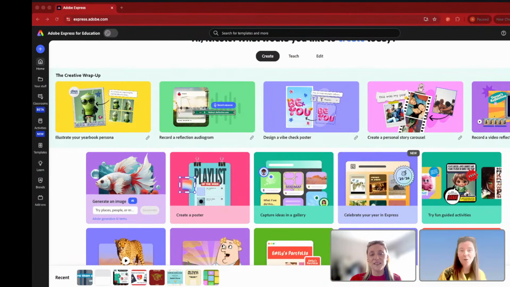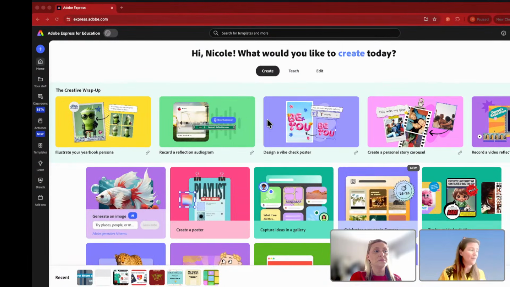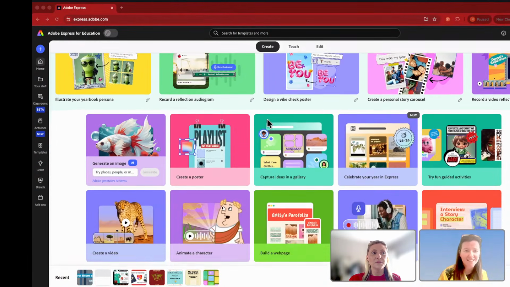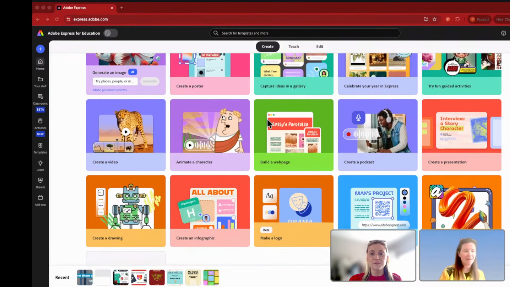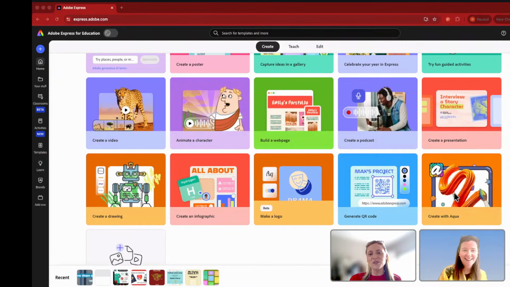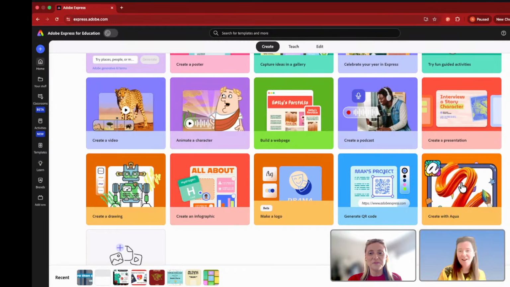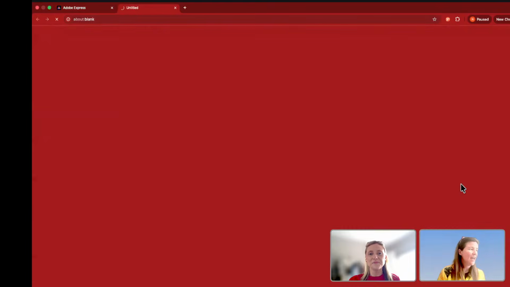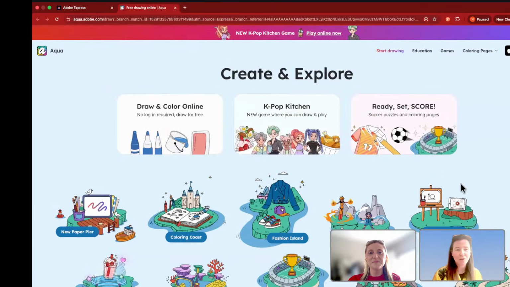I'm actually going to go from the Adobe Express for Education homepage, because did you spot this last week when it came out? I did. I think it was Steve who shared it as well, and I think I saw it through him. I love that Aqua has its own tile now on the Express for Education homepage. And when you click into it, it takes you straight over to create and explore so that we can start